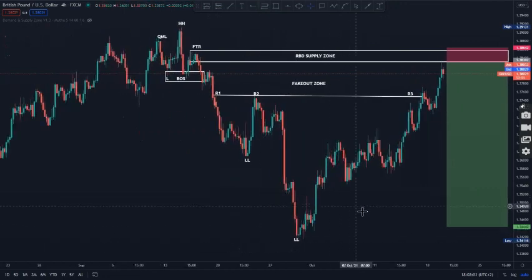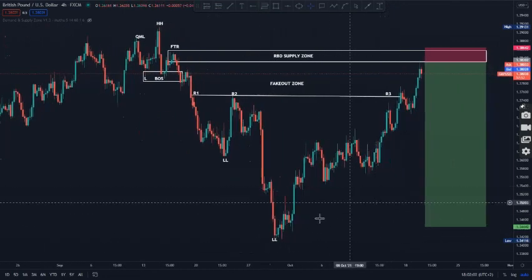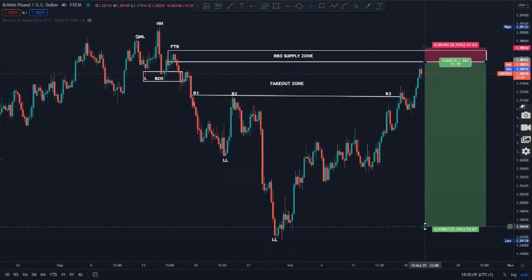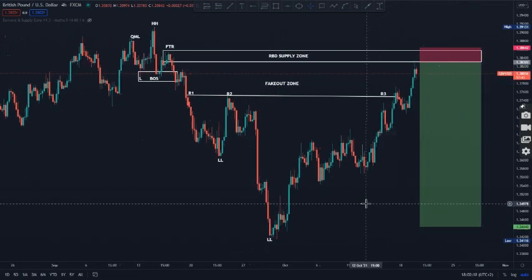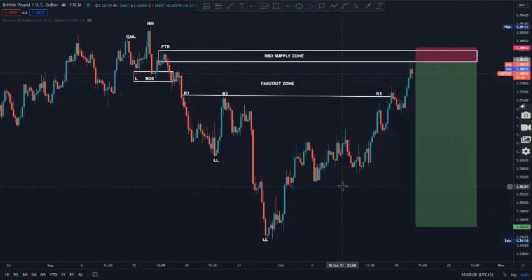Okay, make sure that you stick to risk management. As you can see, our trade setup always offers a risk to reward ratio of more than 1 to 5, and this one particularly has 1 to 11. Okay, so if price comes to this level, we make 1 to 11. Okay, which is actually very good right now. So remember, guys,